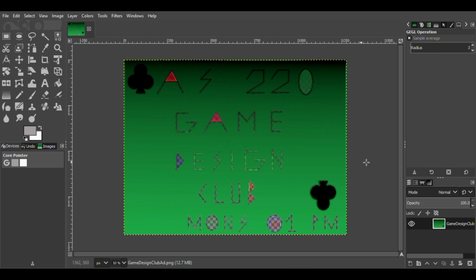In particular, the groups are Blur, Enhance, Distort, Light and Shadow, which affects lighting, Noise, which generates randomly colored pixels, Edge Detect, which attempts to isolate and detect only the edges of an image, Generic, which are the most basic filters and are not as specific as all the rest, Combine, which combines multiple images together, Artistic, which attempts to simulate famous artistic methods,